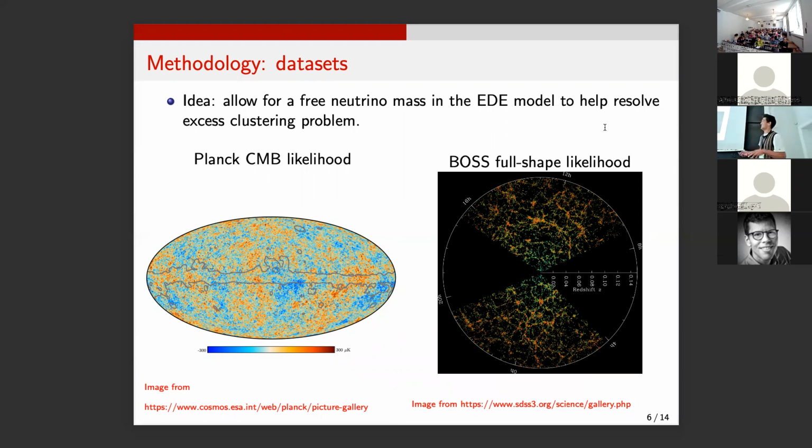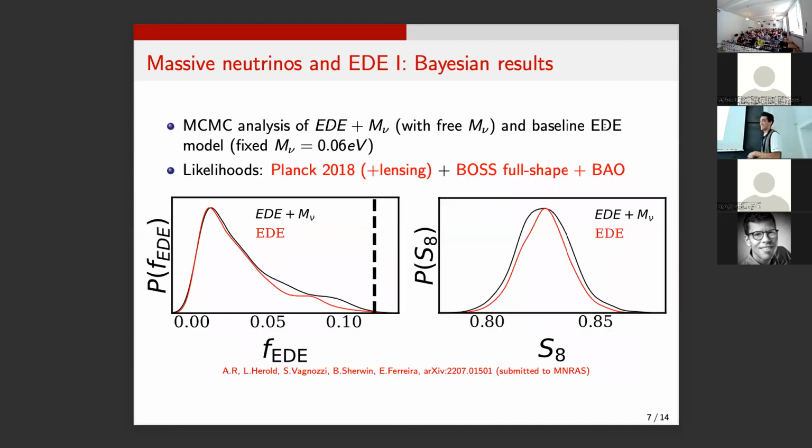Can we save EDE? Well, the short answer is no, unfortunately. So here I'm showing the 1D posterior distributions for two parameters in our model. The FEDE parameter, this is like the basic early dark energy parameter. This basically tells you how much early dark energy you have in your model. And the black dashed line there is the nominal amount of early dark energy we would need to completely resolve